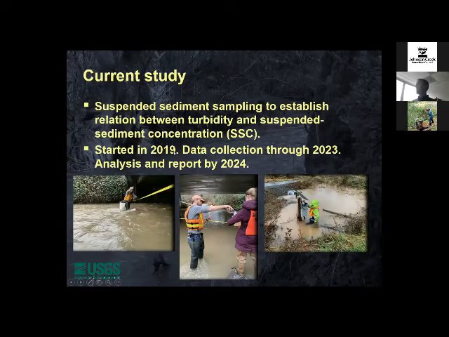At each of these sites, we are establishing a relationship between sediment concentration and turbidity. We started this data collection in 2019, and it will continue until the end of water year 2023. After that, we'll have a year of analysis, and the report will be produced, hopefully around 2024, maybe early